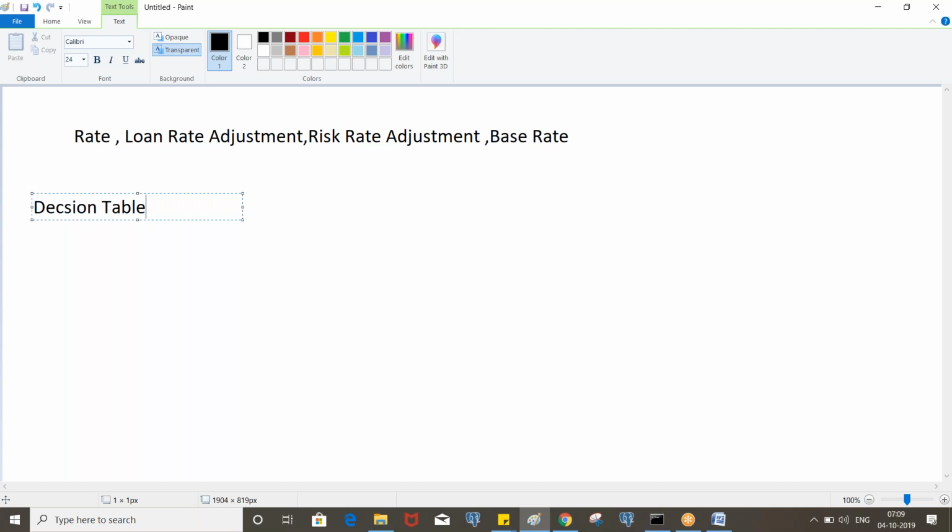You define all the loan types and the corresponding return values in table format. Let's say if loan type is auto loan, return 10%. If it is home loan, return 9%. If it is a personal loan, return 11%. At runtime, wherever you invoke the decision table based on the loan type, let's say you executed auto loan, at that time the clipboard loan type value will be auto loan, and it will return the corresponding value.